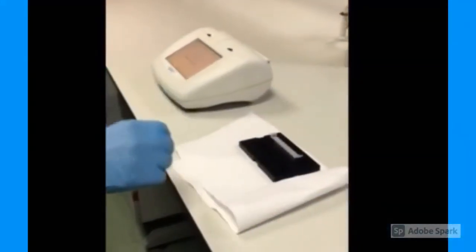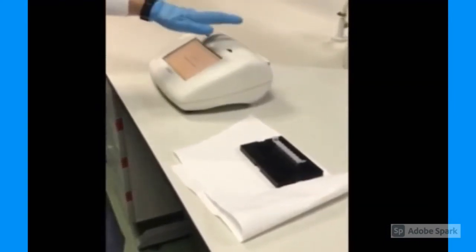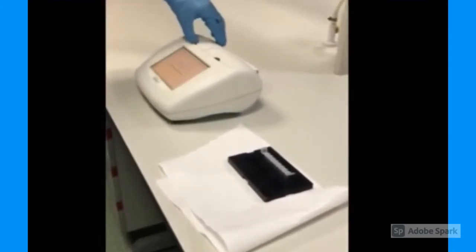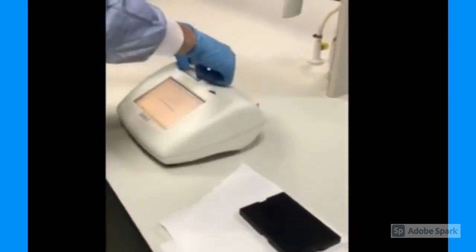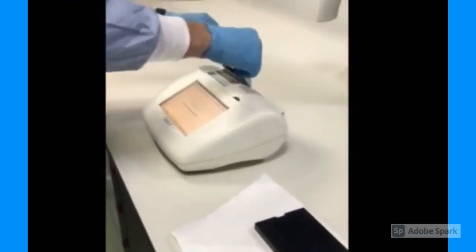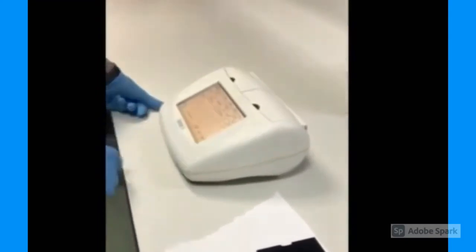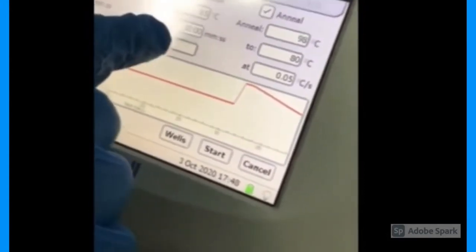Now we are ready for testing our samples with our equipment. This is a Gene unit to be used for lamp reactions, and we will test our samples with this Gene unit in here. Yes, we are putting our sample into the wells in here, our strip, and then we are going to select a classic lamp reaction in here, and what we do in here is we do the amplification at 65 degrees for 30 minutes,